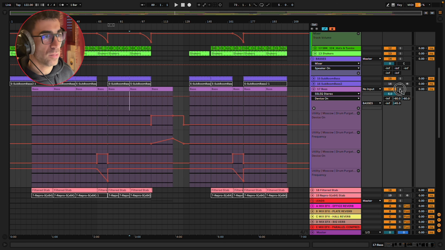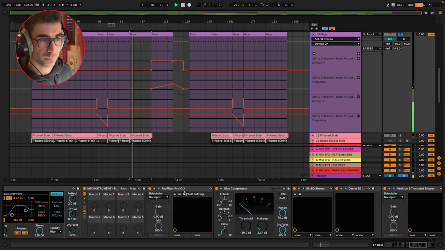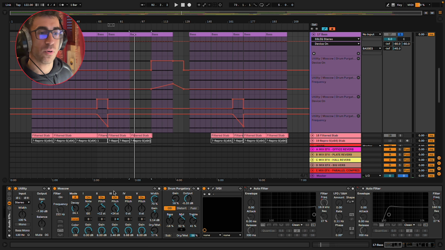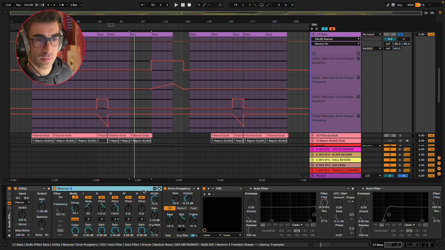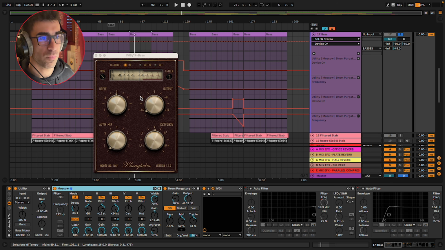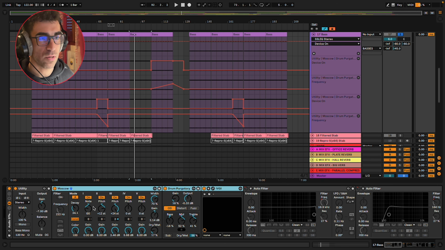Then we have this mid bass. Very nice groovy sound coming from Gai. Here the cool things are that I added this resonator plugin and distortion and saturation. This saturation plugin is very nice. It's free, kind of simulating analog saturation. Very cool. These three plugins together gave the sound a bit more character.